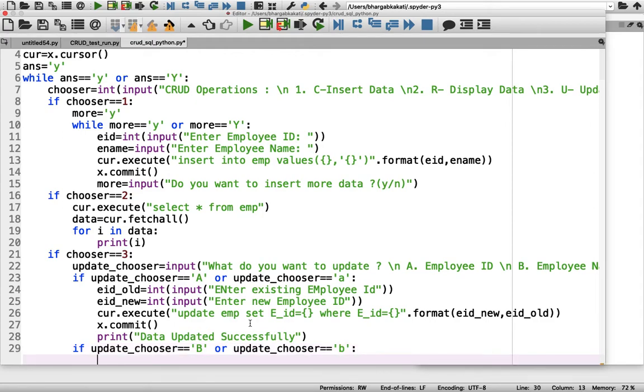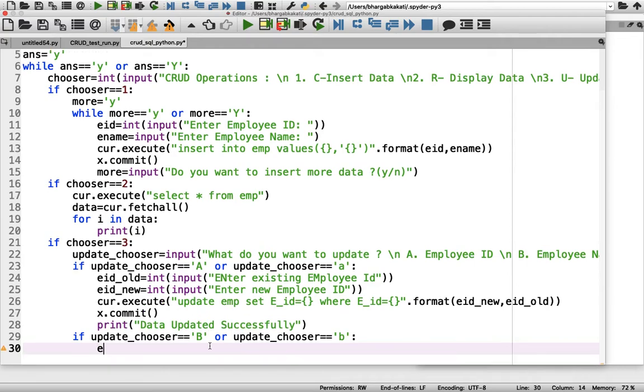So now my intention is to update the employee name. If a user wants to update the employee name, then the user will choose B as his or her option. Okay, so now let's do the programming for updating employee name. Here let's receive the EID by a variable. Let's say the variable is EID. So I'll give int input